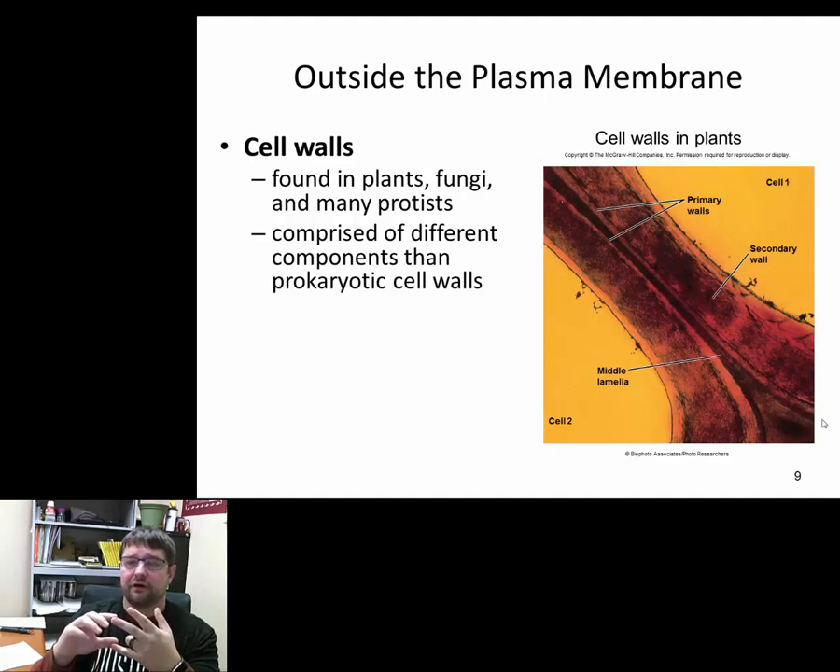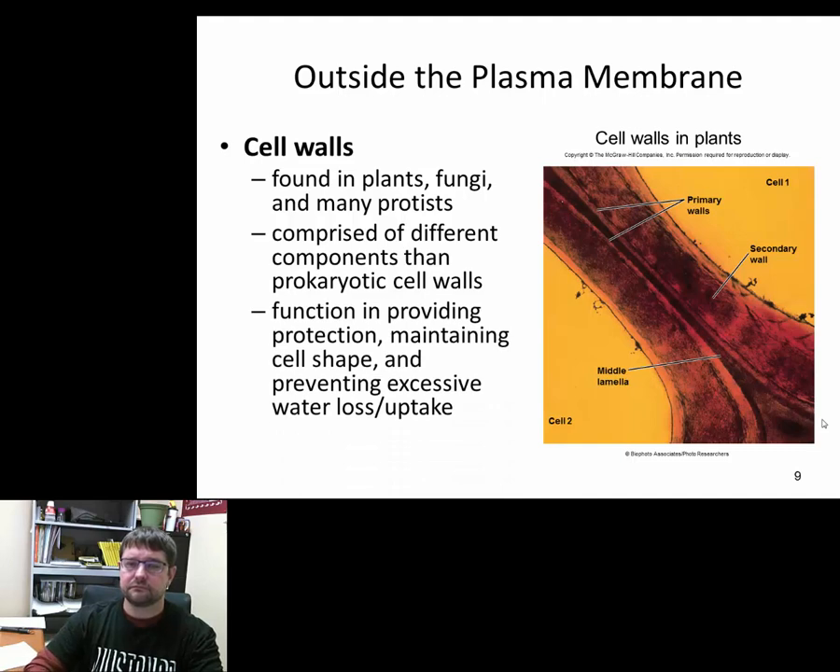Okay, and most prokaryotic cell walls are made of a different type of sugar. Okay, that makes up that cell wall. Okay? And a lot of times it's going to be accompanied with proteins and things like that. We call it peptidoglycan. Okay? But